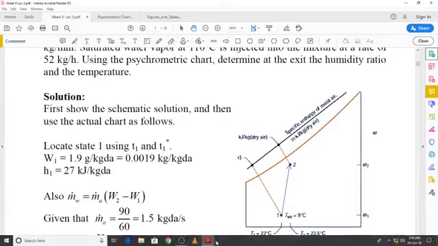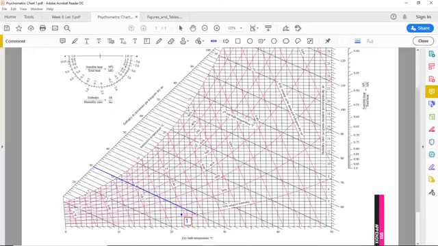And the humidity ratio, you can see we are just under 2 grams per kilogram dry air, so that was 1.9 gram per kilogram dry air, and the constant is specific enthalpy lines, we can draw any one from over here. And if I just take it to the desired state point, you can see this is 20, 22, 24, 26, and this is 27 kilojoules per kilogram dry air. So those values we have now confirmed,